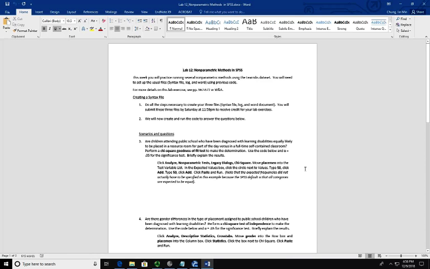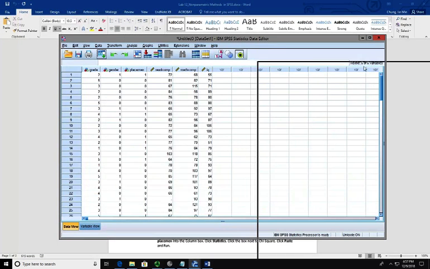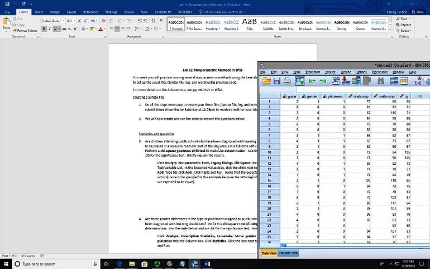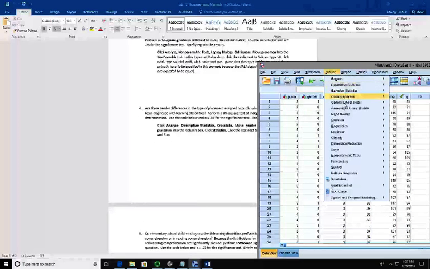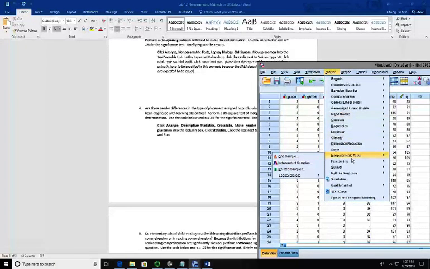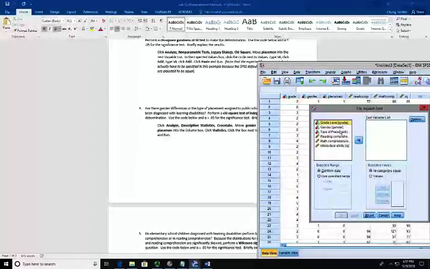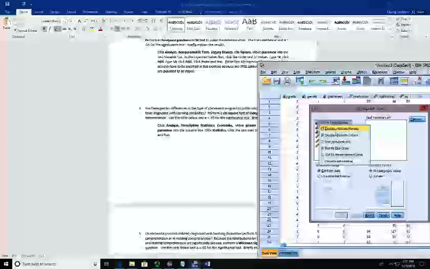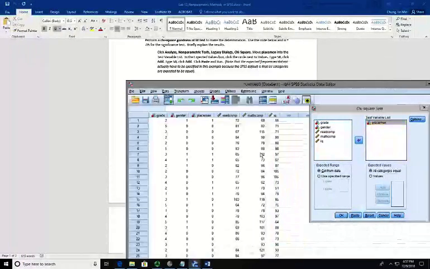Let's follow the process. Analyze, nonparametric tests here, and legacy dialogs here, and chi-square. Change the display to variable names here, much clearer, right? The placement into the test variable list, and the expected value